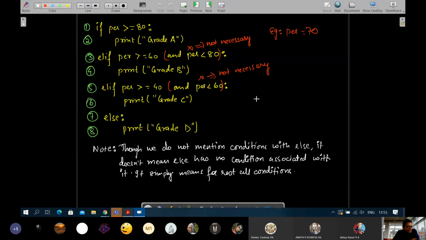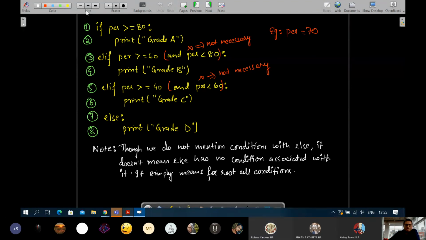But make a habit to write else. Even if you remove this else part, that means if elif need not end with else always, you can skip this else part. The if elif else structure may not have else at the end, but just make a habit to use it.